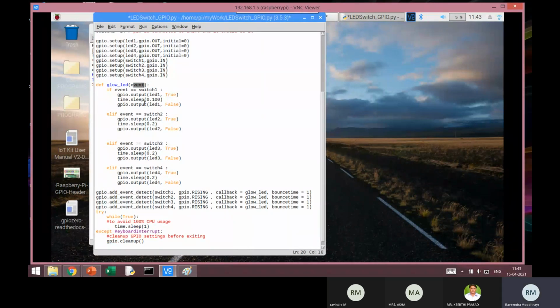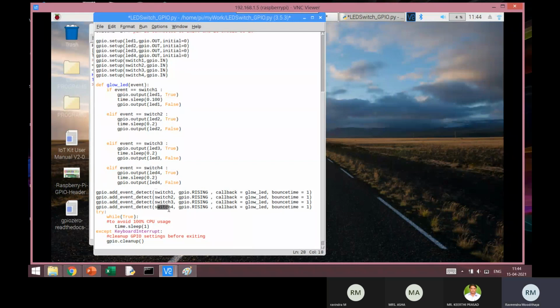It is just an event, and normally the event is replaced by the switches here. For example, if this rising event is detected in switch 1, it is passed on to this function. So the value of event will be switch 1.